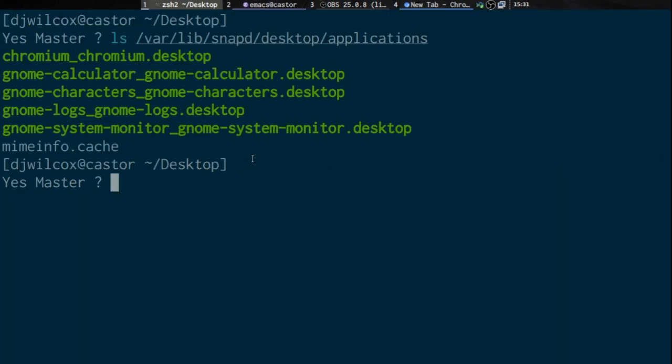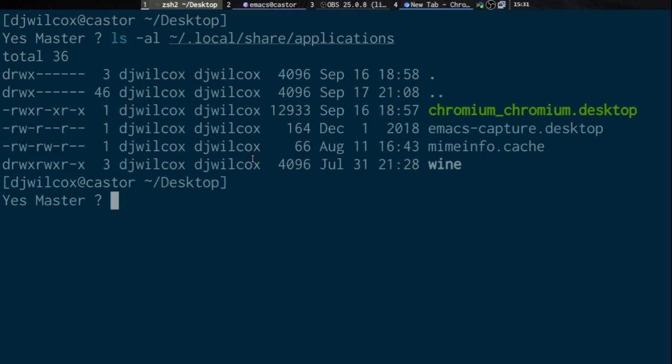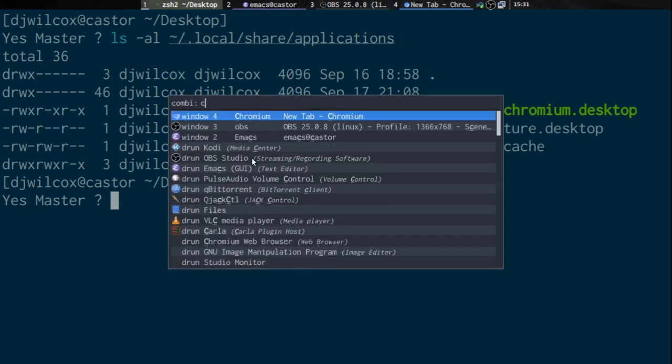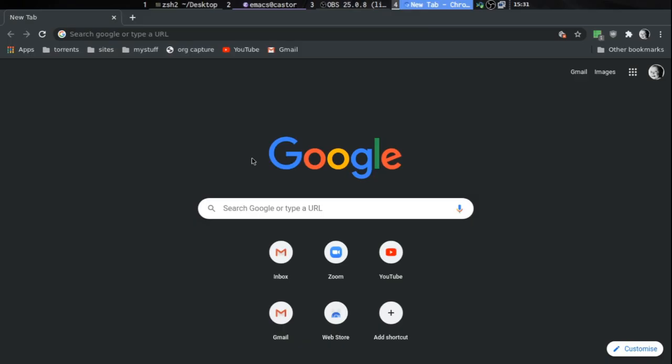And if I show you the local share applications folder, you'll see I've got the Chromium browser launcher that I copied from the snap directory. And once I've done that, basically Chromium would then show up in the browser there, so I can switch to that window there. And I said you may be able to use this format to create desktop launchers that will show up in your application launcher